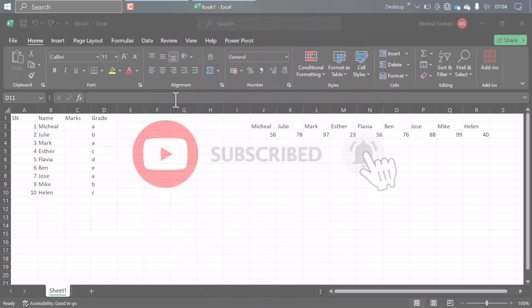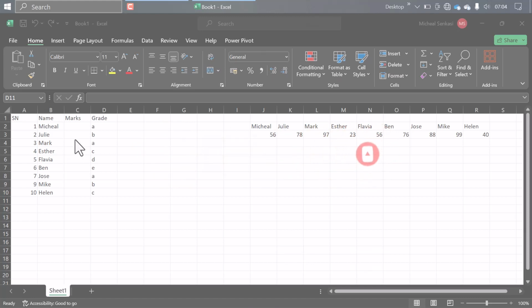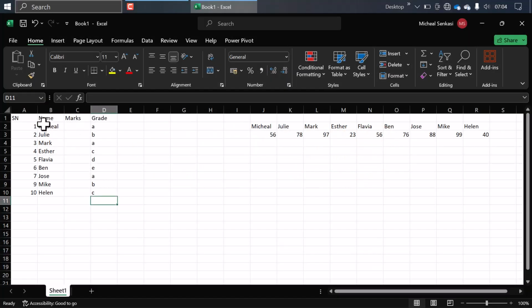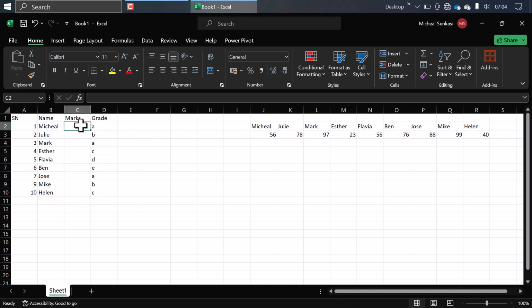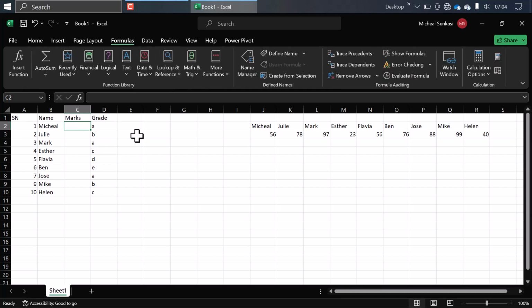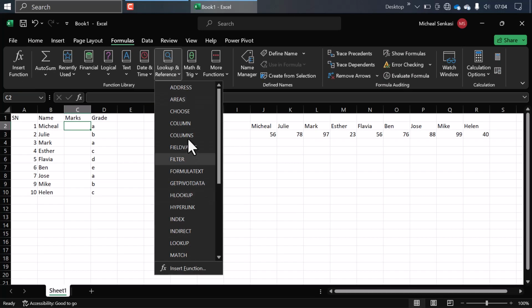Yeah, I want to show you how you can do an HLOOKUP in Excel. You have your data here that you have student marks, and you want to fill in their marks in the data set, but you have it here in form of rows. So you put your cursor here and go to formulas, and then go to lookup and reference and look for